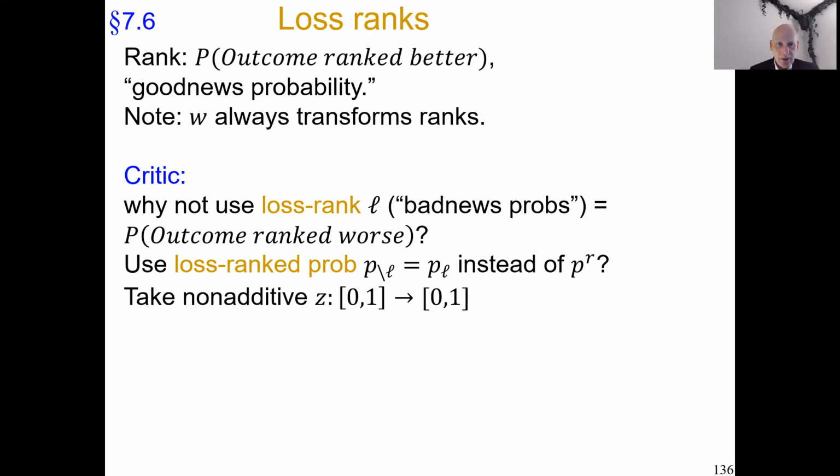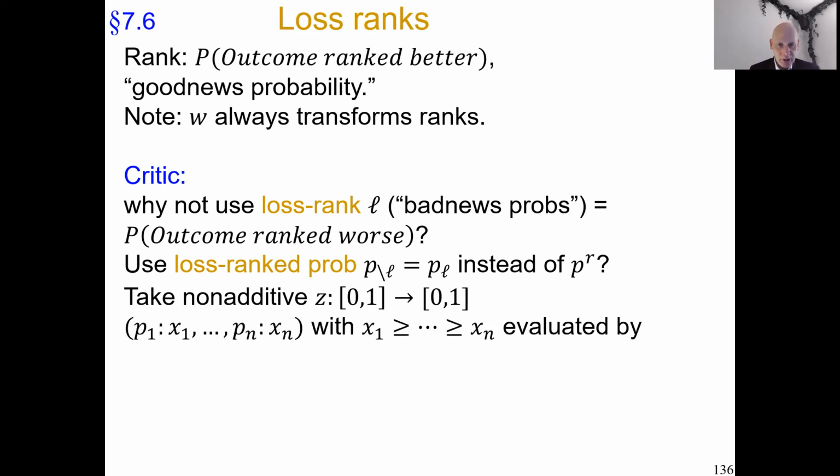I will also use a non-additive function from [0,1] to [0,1]. To avoid confusion with that silly theory you introduced, I will not denote it W, I will denote it Z. Then it's quite business as usual. If I take a prospect, I take a complete ranking of the outcomes. I evaluate the prospect by a convex combination of the utilities of the outcomes, just like you did. But the convex combination weights, the decision weights, are defined a bit differently. They will be the marginal Z contribution of the outcome probability to the loss rank and not to the gain rank.